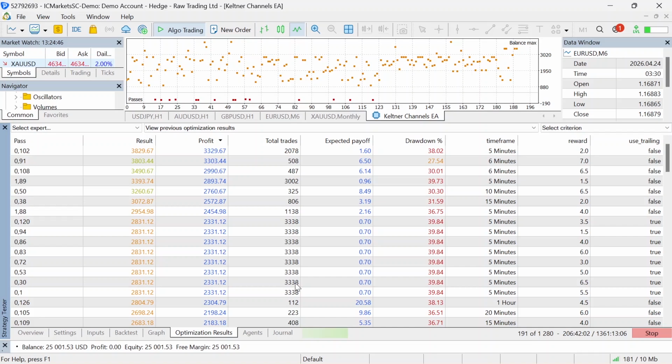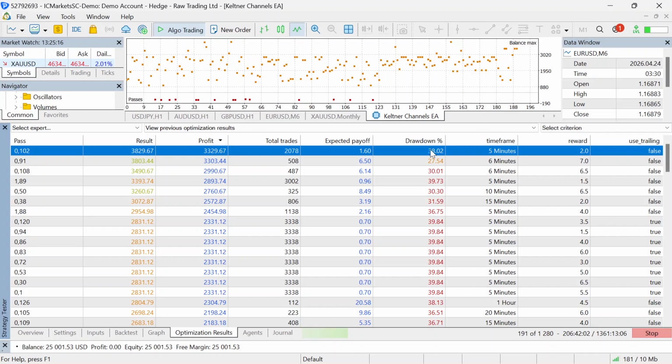But you will have access to the source code in the description so that you will be able to do some optimization by hand using any PC of your choice. I'll be happy to hear what your optimization result and conclusion are in the comment section. But let's quickly go through the one that we have, the 191 out of 1280. So if you sort based on result, this is the highest result gotten, and this is the